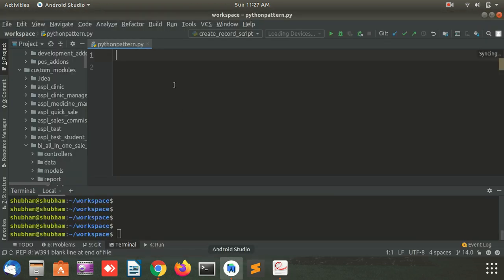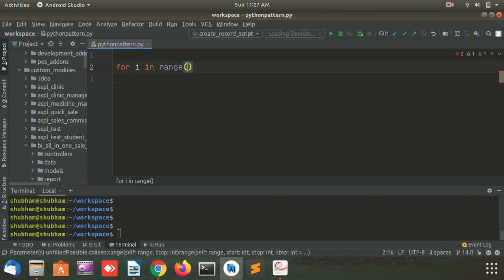So open Android Studio and let's write a for loop. So for i in range, how many times you print, how many rows are printed in a program. So you write parenthesis. So I have printed 1 to 5 times of row. So print,